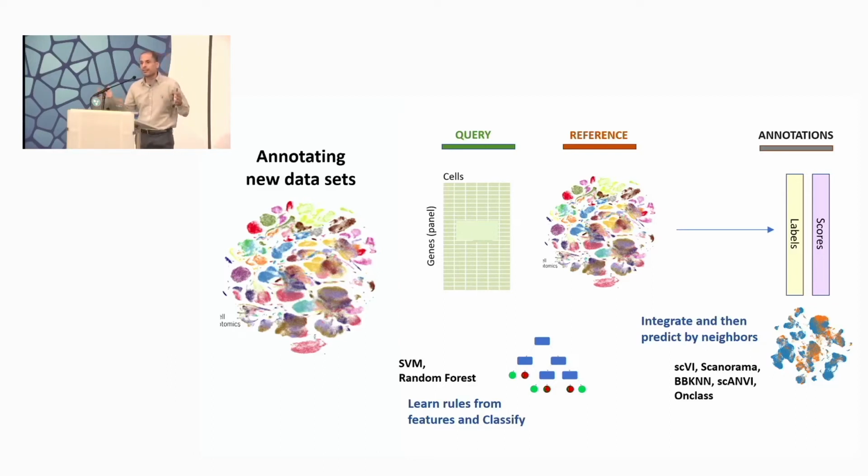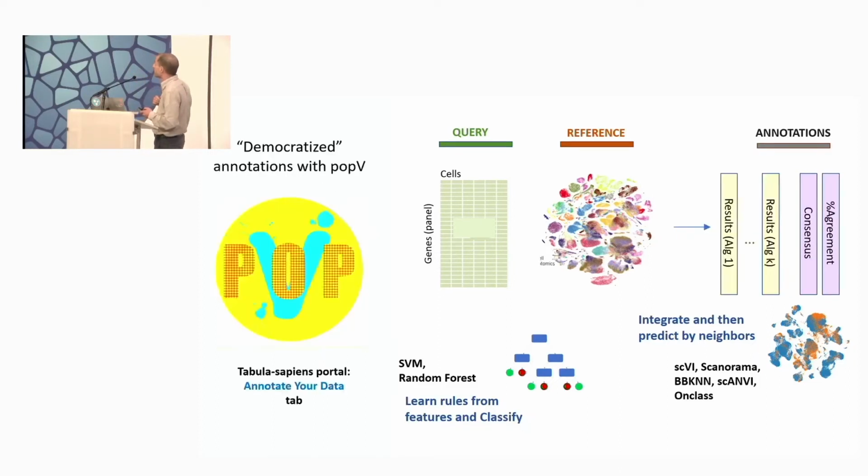If you look at the various papers that do comparisons between all these annotation methods, you can see that there is not really one size fits all. In some scenarios, one method is better than the other, and there are all these discussions. So what we decided to do here is to take a more comprehensive approach, a meta-analysis approach if you will, to democratize the annotation process. It's a new tool, we call it POP-V, as in popular vote, and the idea is to employ a set of algorithms. We have 7 different